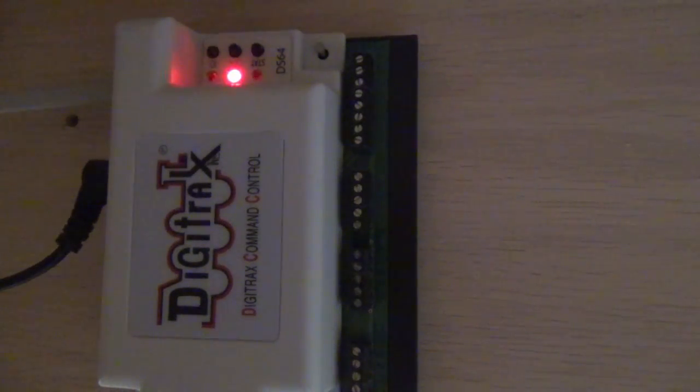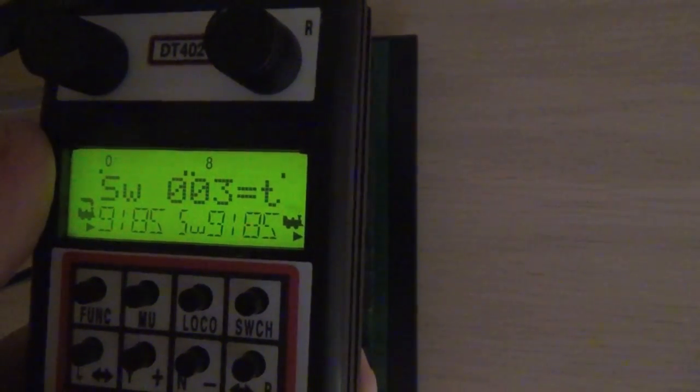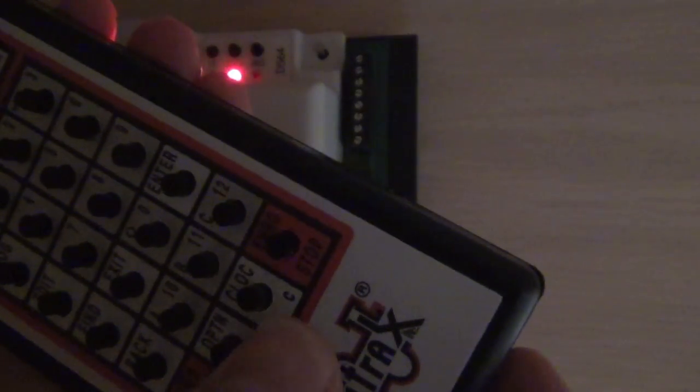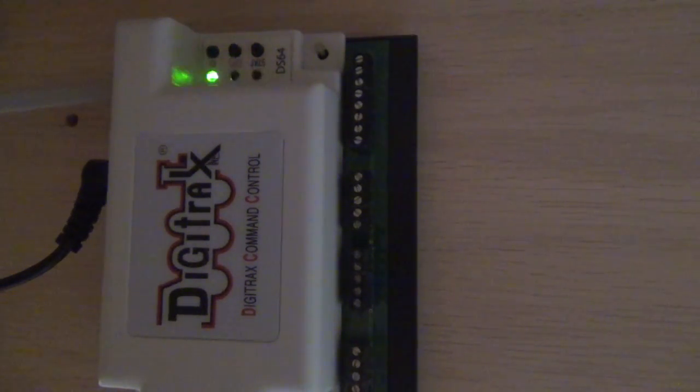Okay, so we have alternate there. The next thing I have to do, and I'm not sure how well you're going to be able to see this, is on your throttle, select the switch, and you're going to need switch 1. Then you need to send a closed command, which I can't get my throttle up there, so I'm going to press close. And now it is set up to run the